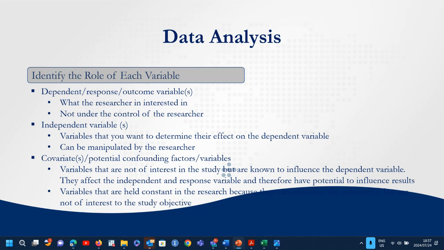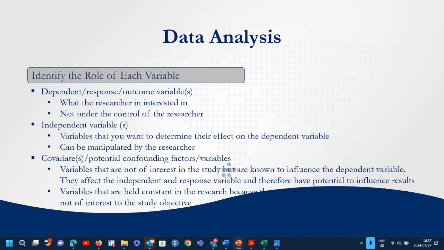Sometimes the use of covariates and independent variables can be confusing, because in different texts you'll find that they refer to independent variables also as covariates. But I think it's important that you stick to control variables. These are confounding variables. They are variables that you are not really interested in, but you know that they have an influence on your outcome. So, for example, when you do something on weight loss,